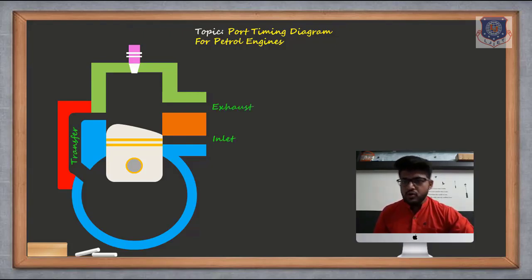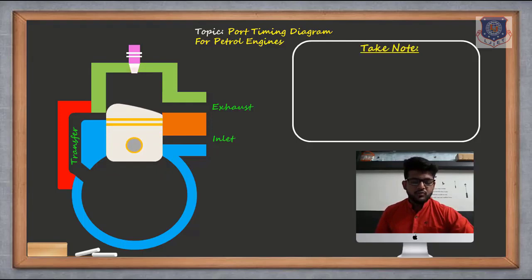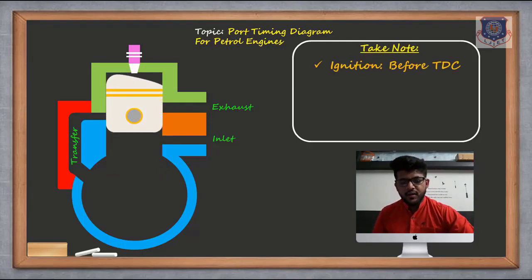So you all know when the expansion is done, the piston comes down, and when compression is done, the piston goes up. So right now what am I doing? I'm moving the piston slightly from BDC to TDC. So first you should take note of all the things. Fine. So the piston is just moved and you can see a spark was done.